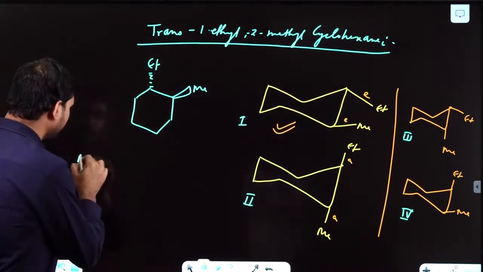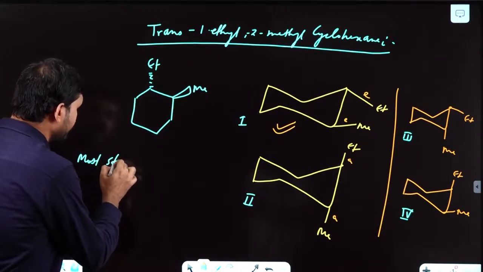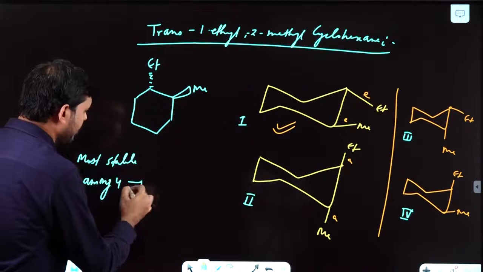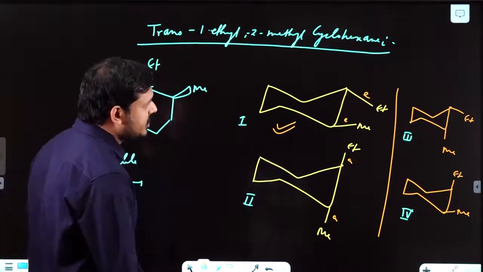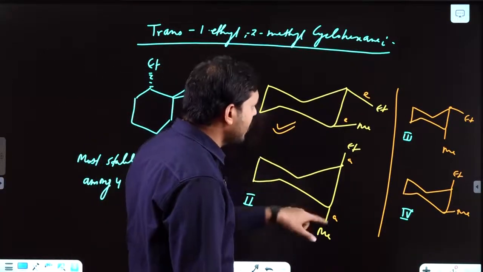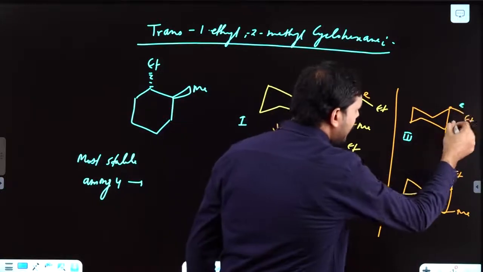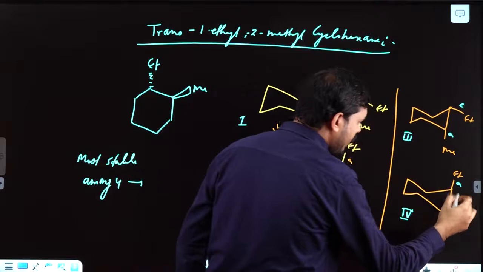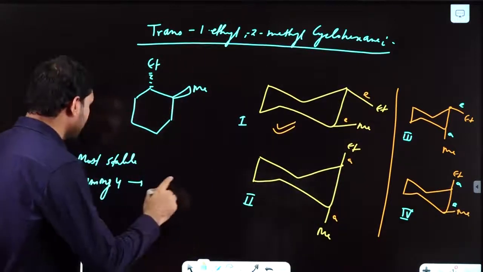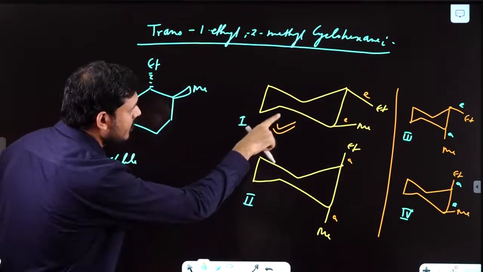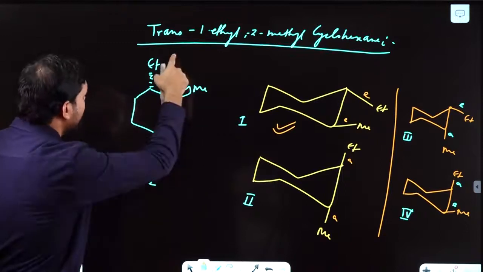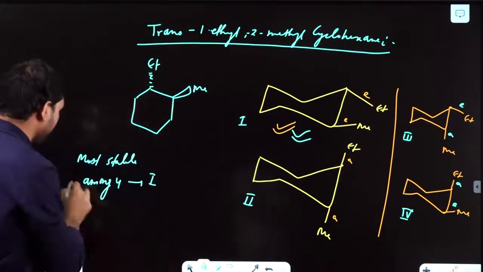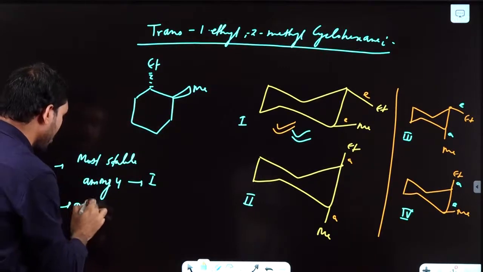So most stable among 4. Among these 4, which one is most stable? Both equatorial, both axial. Here it is equatorial, axial, axial, equatorial. So you can say most stable among 4 will be both equatorial. First, as per your requirement, this was your answer as per this question, right? Now if we'll say order of stability,